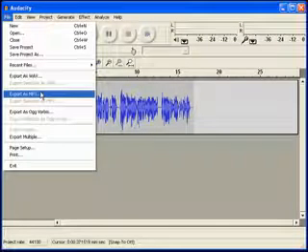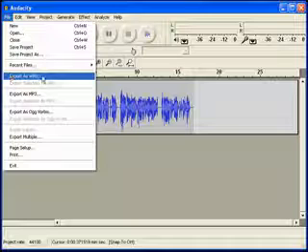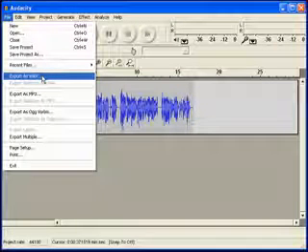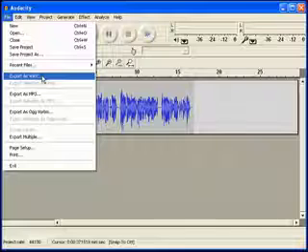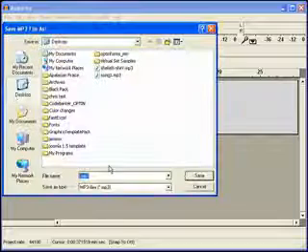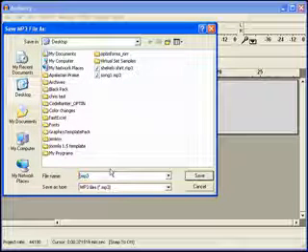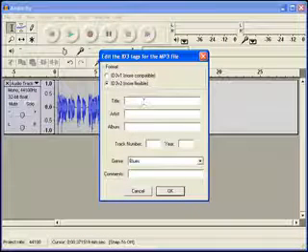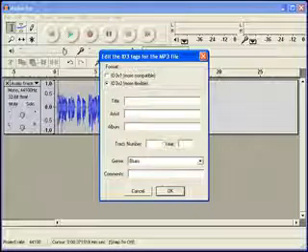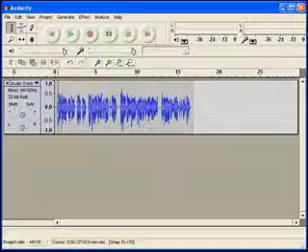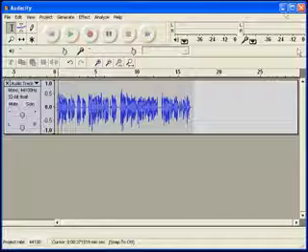So again, here are the two options that you're going to focus on. WAV would be if you're going to burn it to a CD. WAV is uncompressed, and that's the best quality. If you're going to make it a download, then you want to do it as an MP3. So we're going to click Export as MP3. And again, we'll call this horse. We've got some options. We can fill out all of this information if you want to: title, artist, album, and then click OK. And there we go. Now, if we were to grab the horse.mp3 file that I just created,